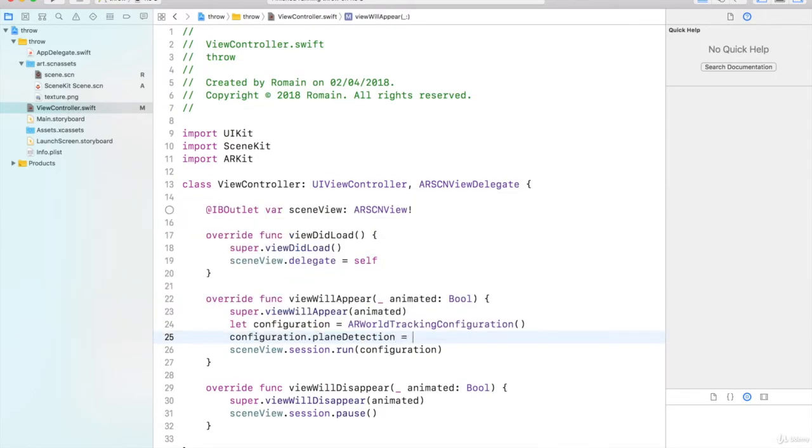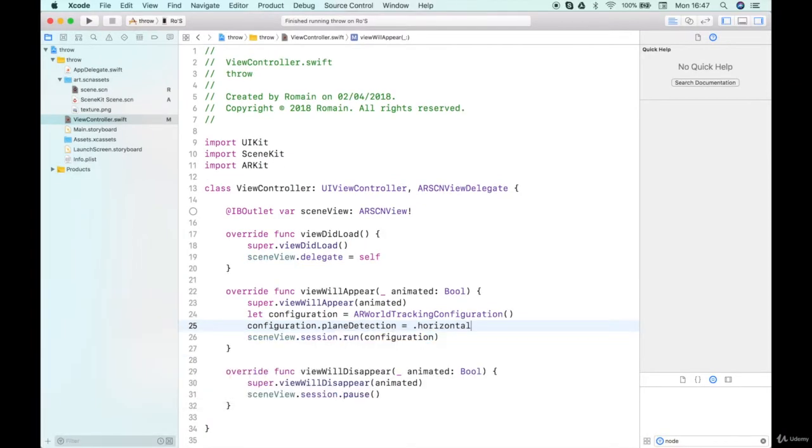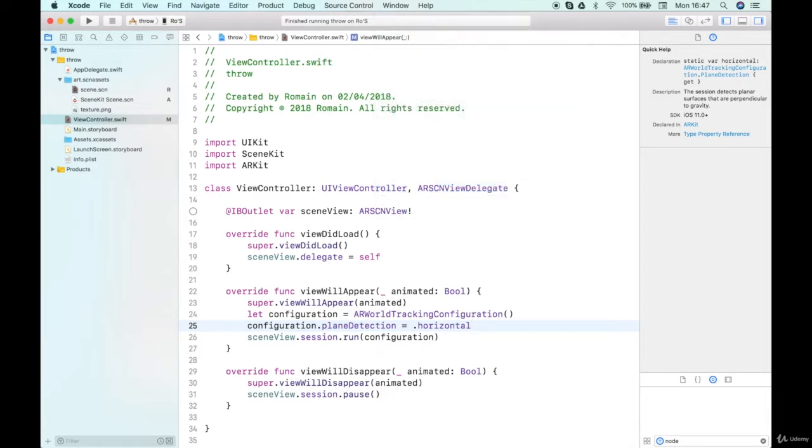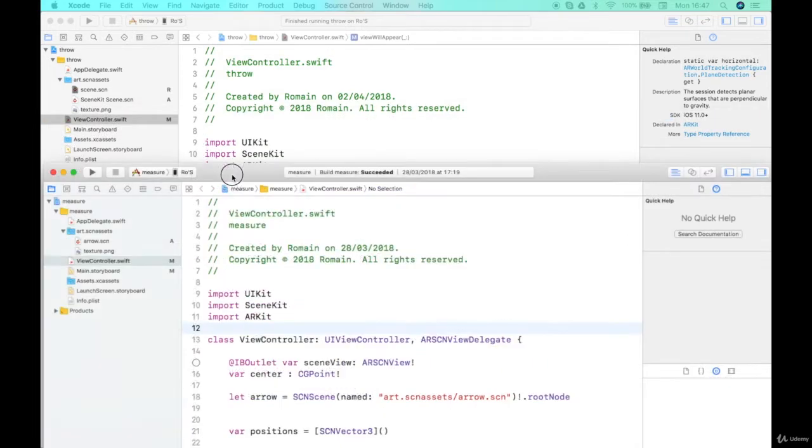configuration.planeDetection equals, we really just need horizontal for this one, because as soon as we recognize the floor, we're done. Okay, and then viewWillDisappear. Good. So if you open the measuring app, and I've got this here,